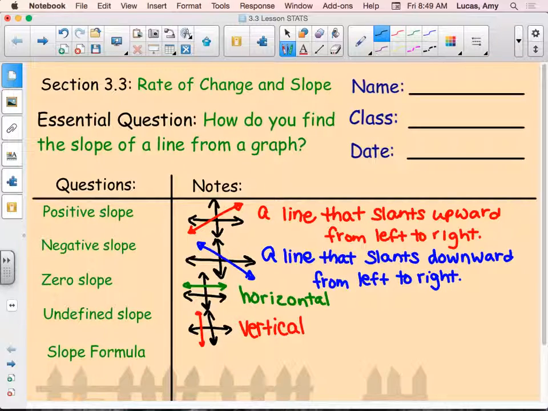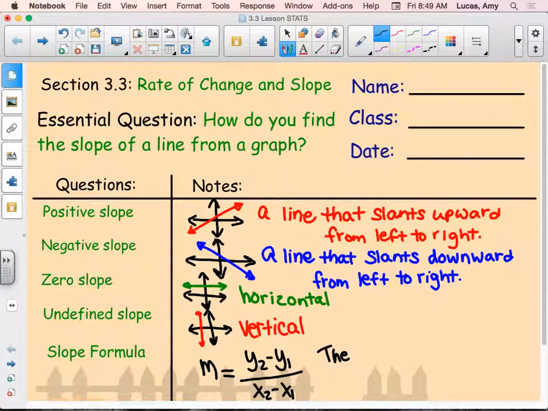Then our last vocab word is the slope formula. The letter M stands for the slope. If you want to find out why it's the letter M instead of the letter S, you should Google it and figure out who invented the idea of slope and where the letter M comes from. But the slope formula is y2 minus y1 divided by x2 minus x1, and that's the slope of the line